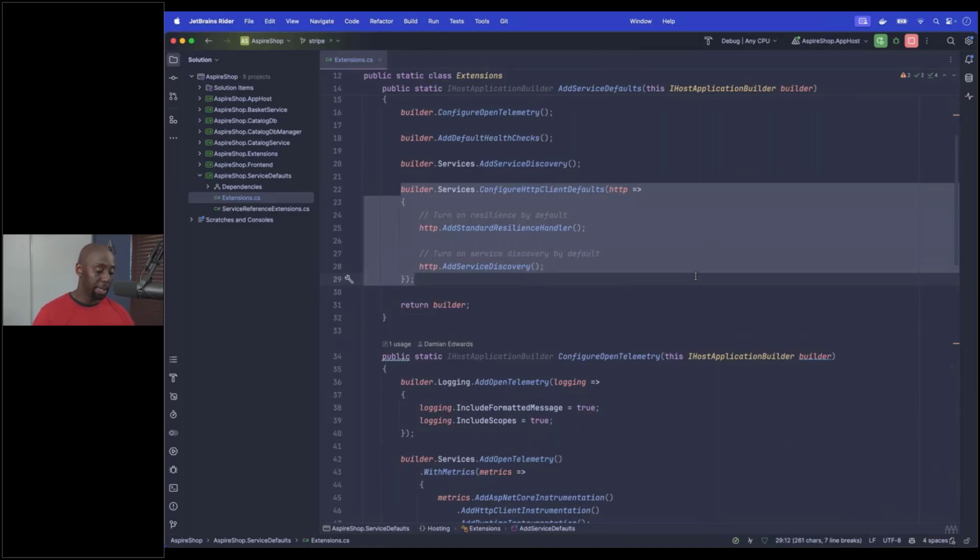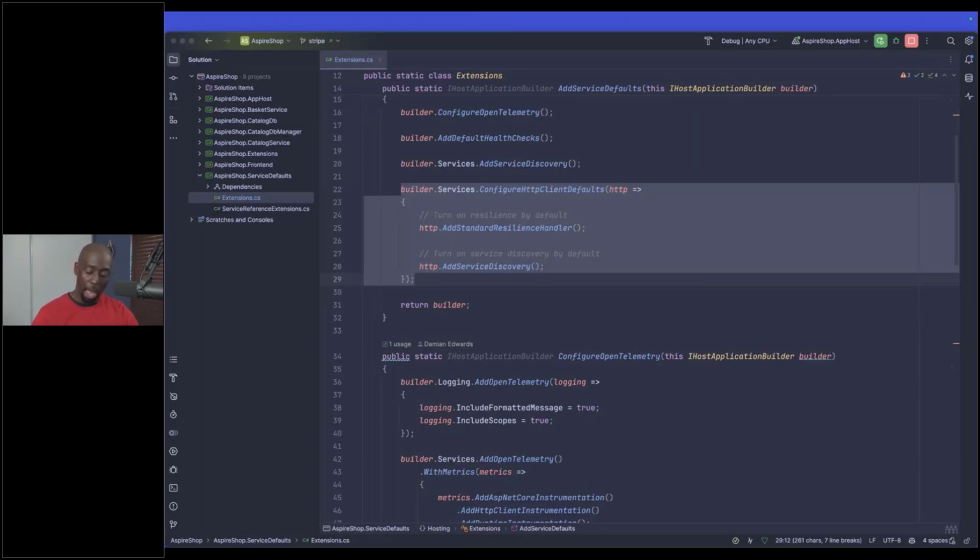But again, the whole thing with Aspire is that now the puzzle pieces are trying to come together, right? It's not, how do I do this? How do I do that? It's, well, I can reach for these different pieces and I can pick and choose the ones I want. And now I already have a bit of a head start to put these options together so we can start building these distributed applications. And I think that's one of the great things that we have, again, working with .NET and working with Aspire in this space.